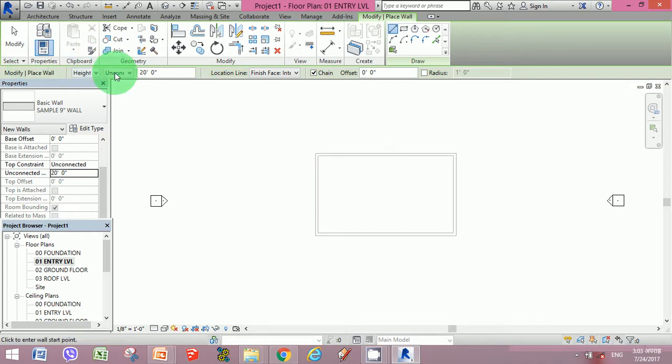Once the wall has been selected, we would keep the dimensions here in the modify bar. You have the modify dimensions set to 2 feet. Once the 2 feet dimension is selected, just start clicking the reference points.